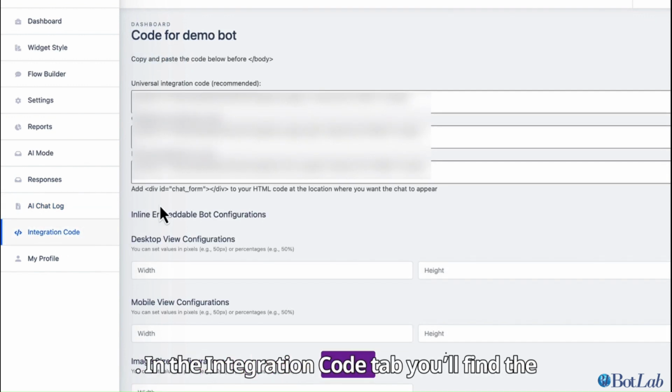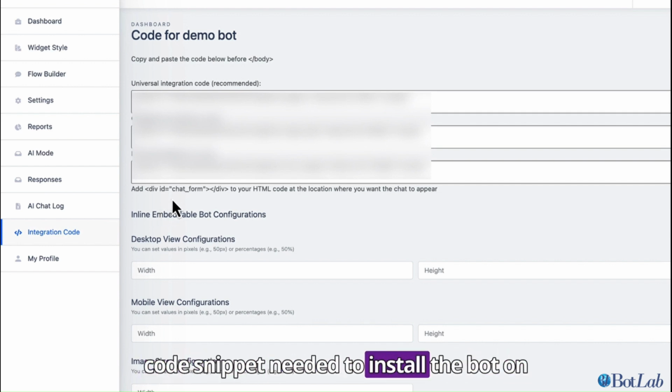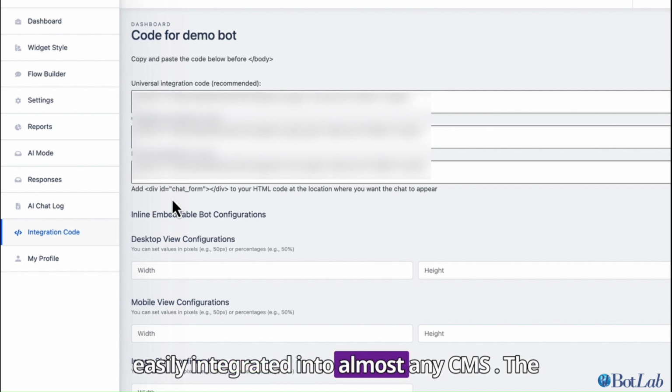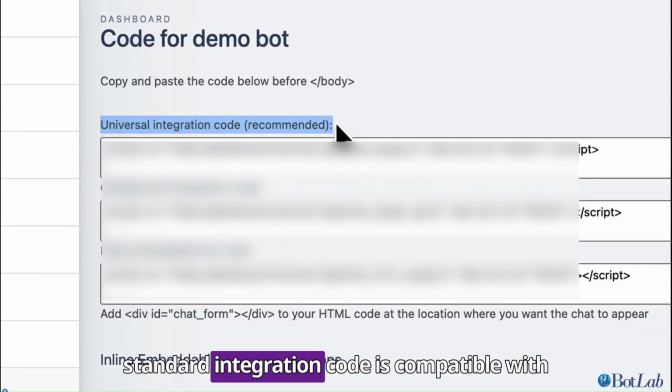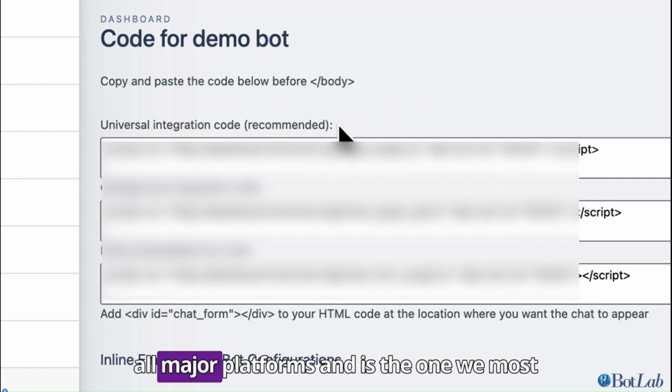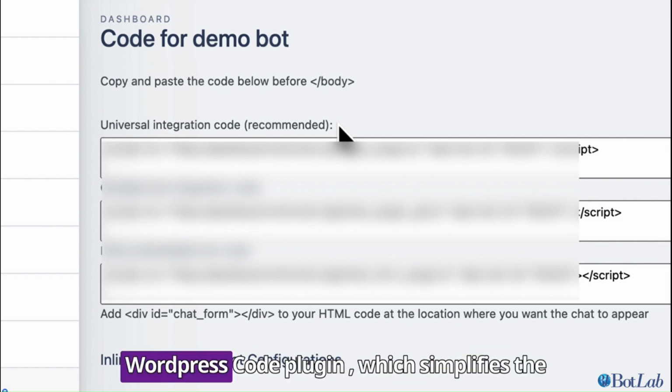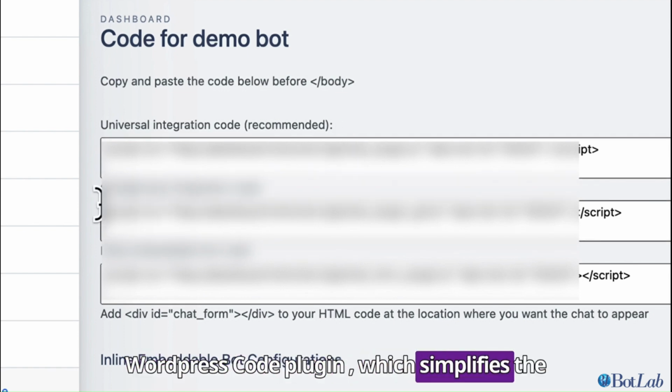In the Integration Code tab, you'll find the code snippet needed to install the bot on your client's website. These bots can be easily integrated into almost any CMS. The standard integration code is compatible with all major platforms and is the one we most recommend. If you're using WordPress, it's best to install the code using the free WordPress code plugin, which simplifies the installation